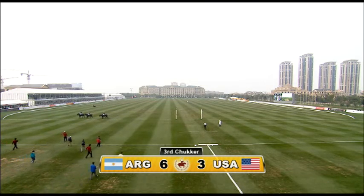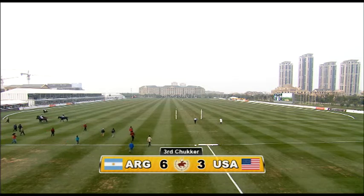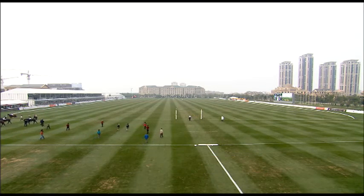Still anybody's game. The USA proved that they've got the ability to score goals against Argentina and get around their defence early in the game, and then that reply. So 6 goals to 3 the score. So we'll be back